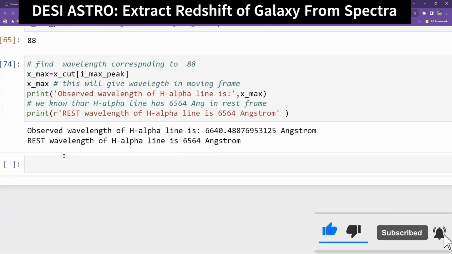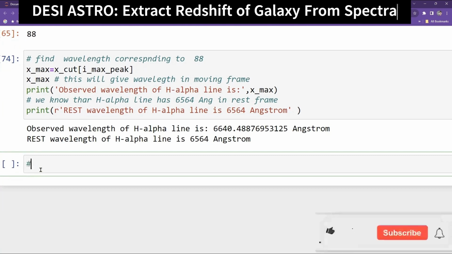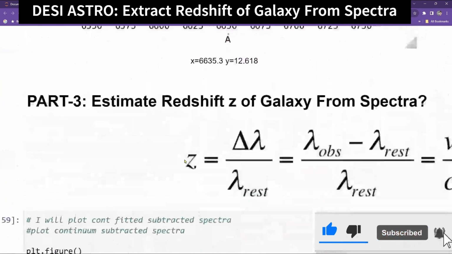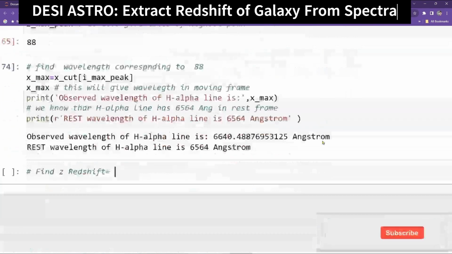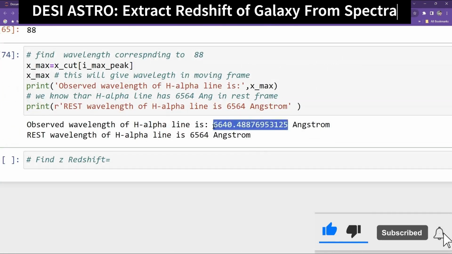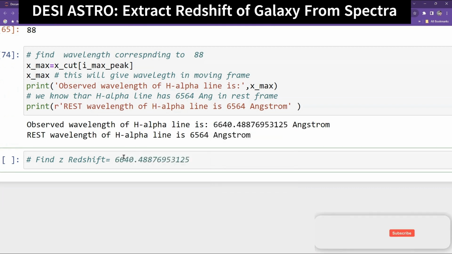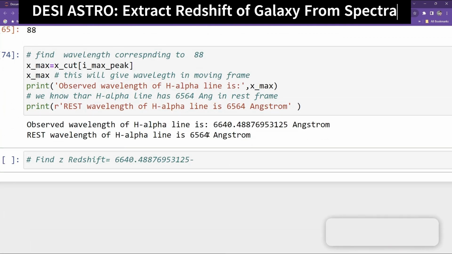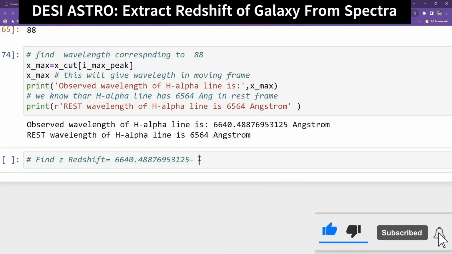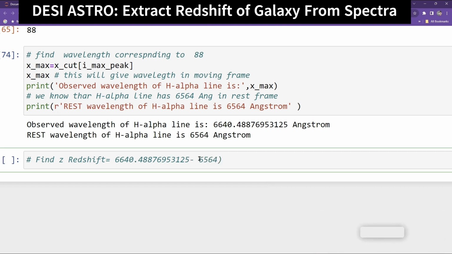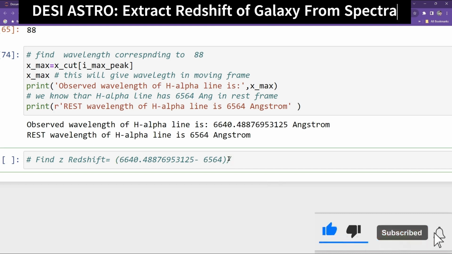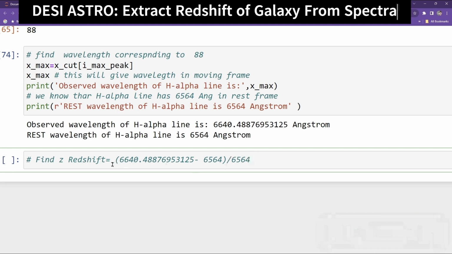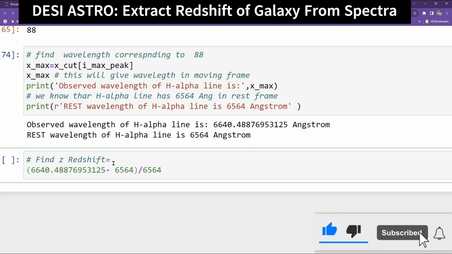So you can now find z, redshift, equal to your lambda observed, which is this much, minus your rest wavelength, which is this much, and then you have to divide it by lambda rest, right? So 6564. So z equal to